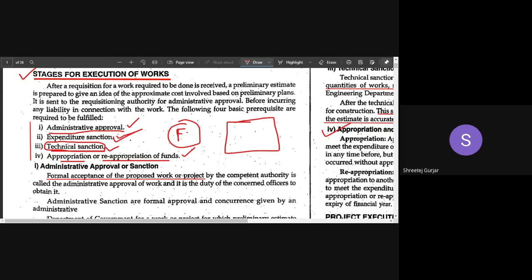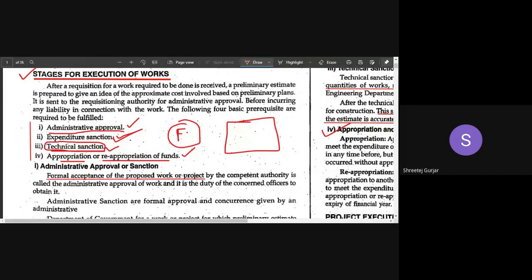All those things they will check, whether it is feasible now, or whether they can build it later on, because funds are lesser now, right? It depends upon the financial condition of the company. Then after that is done, the technical sanction is done. The engineer takes up the work, they prepare the plan, the detailed drawing, they do the design, right? They do the calculations, and that is to be checked by the engineer, and then it is given to the contractor for building. Once all these approvals are done, only then the work is taken up for construction.